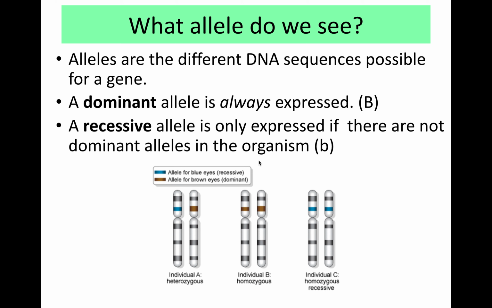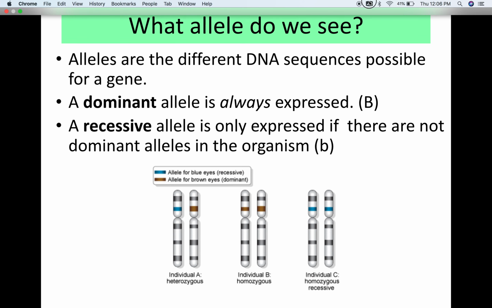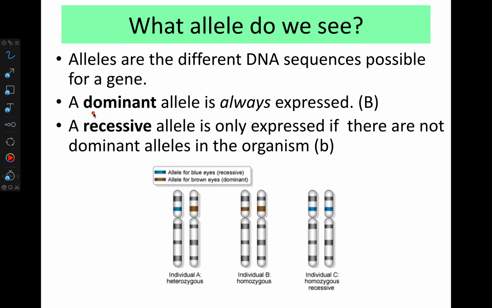And what we're going to see is that for each gene, there are two different options, right? So we have two different alleles. A dominant allele is always expressed, right? And we represent dominant with capital letters, right? You can see the capital B right here. And always expressed means that's what you're actually seeing in that individual. And the recessive is sort of like a hidden trait. And they're represented with lowercase letters like little b,